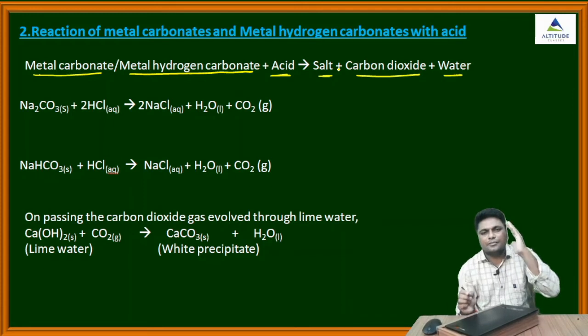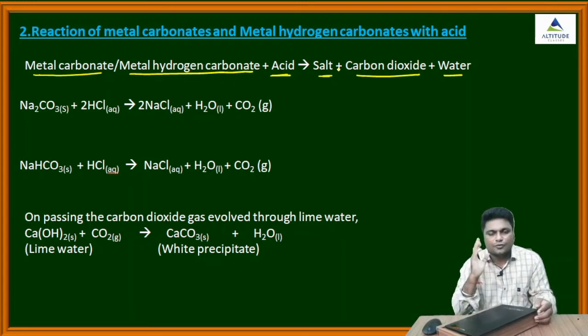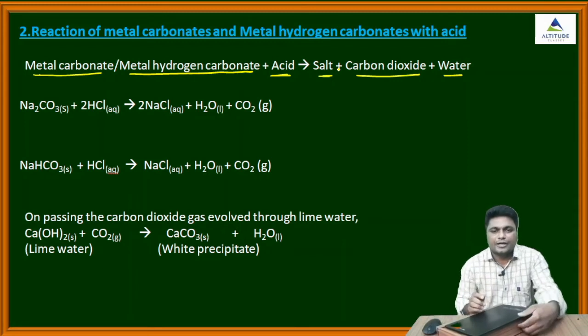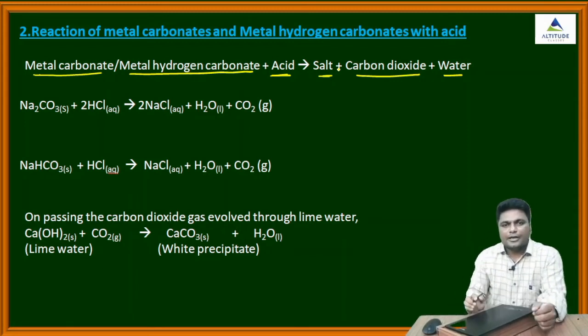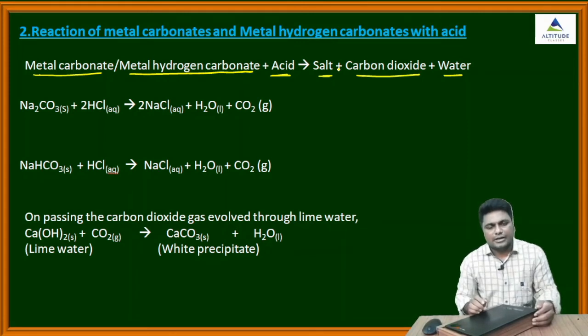Keep in your mind, metal carbonate or metal bicarbonate. Bicarbonate means metal hydrogen carbonate. When they react with acid, they produce carbon dioxide and water with the formation of salt. Again I am repeating. What is the reaction? Metal carbonates or metal bicarbonates react with acid and produce salt, carbon dioxide and water. See here,